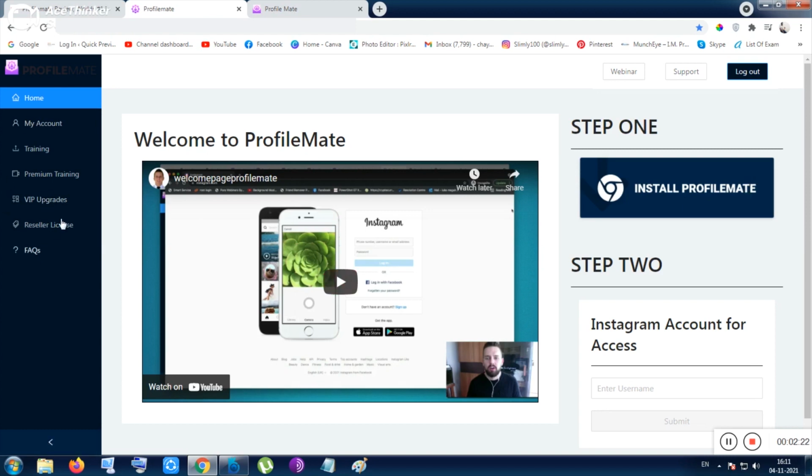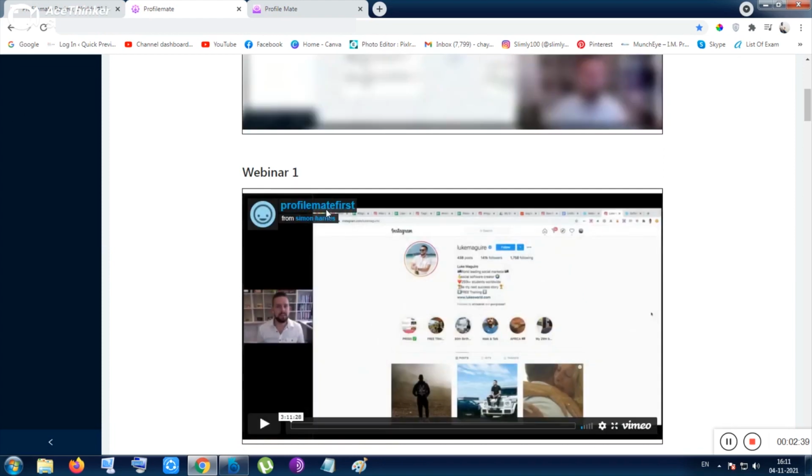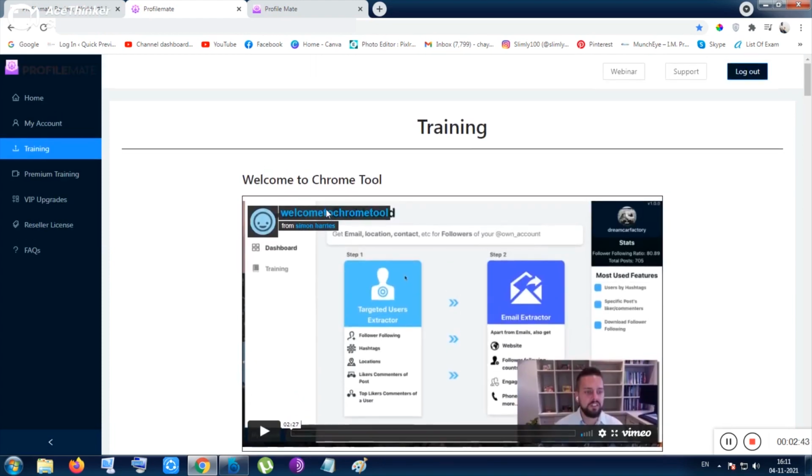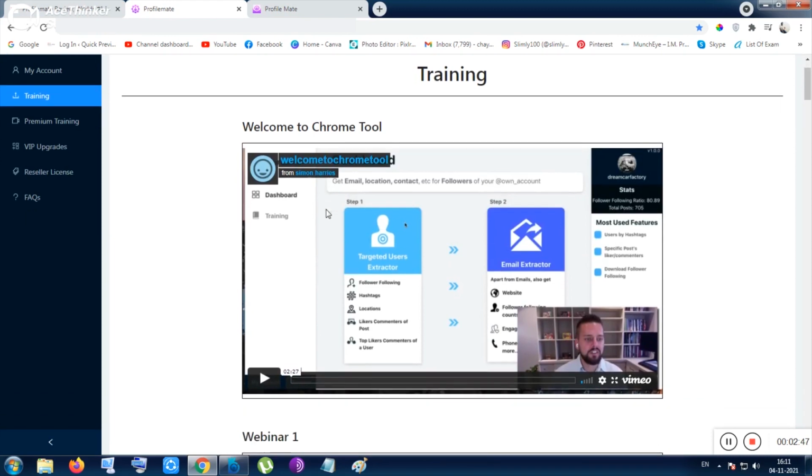There is nothing much to show you inside the front end. Basically I have shown you only the tip of the iceberg, because I have not installed the extension and I don't want to, because this is a very easy method and I don't want to waste your time. After going through the training you can easily do so. That is why I am not showing you installing the Chrome extension, then explaining all of the stuff like the hashtags, like the Instagram followers, how you can grow, that is also given inside this tool.